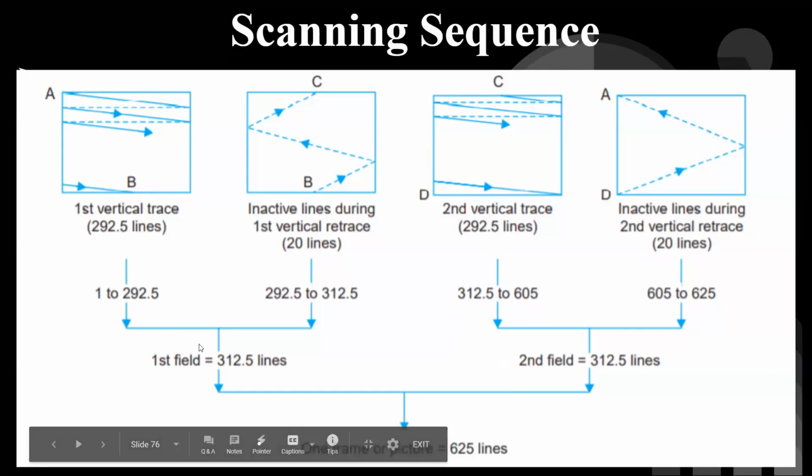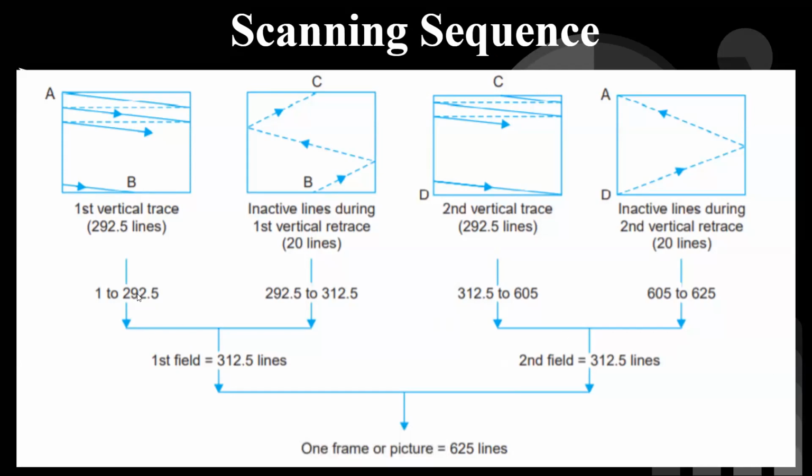So in 312.5, during the first vertical retrace, 20 lines are set apart. 20 lines are allocated to the inactive lines during the first vertical retrace, and another 292.5 lines are allocated to the active scan. So due to the first vertical retrace, 292.5 lines